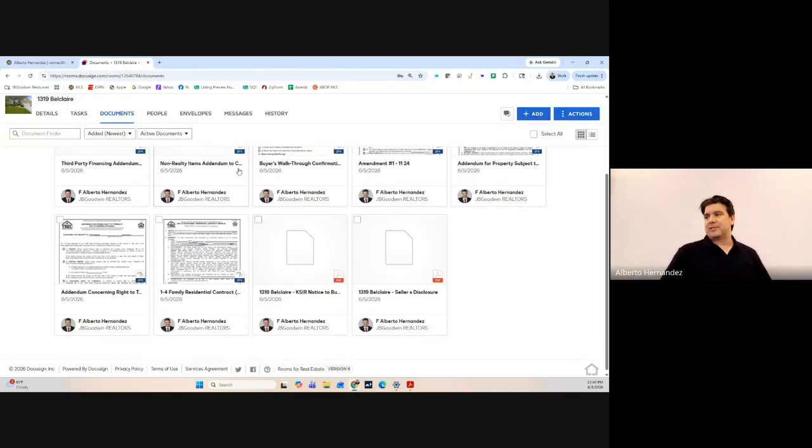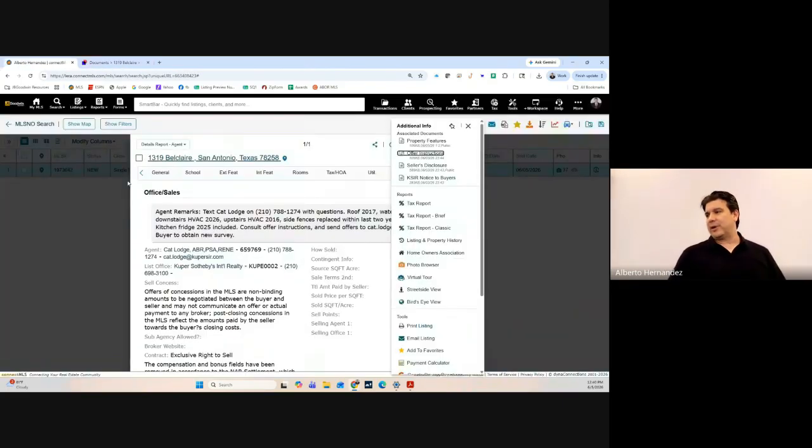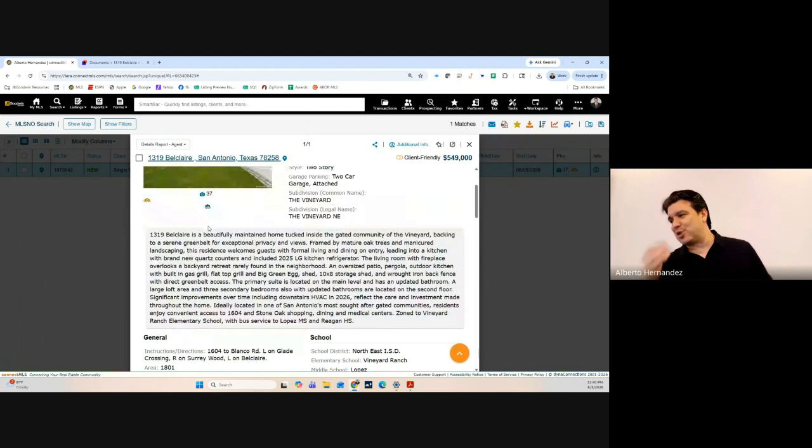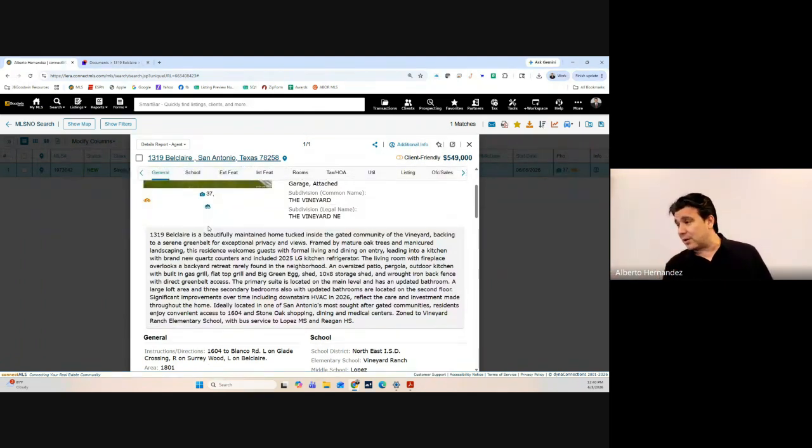So now we'll knock out this non-realty. So let's say we were going to take this fridge. I can't remember if she included it in inclusions or not. Probably the washer, dryer, extra microwave oven, stove, just she did not. But we're going to ask for it anyways. And everything's negotiable, right? So